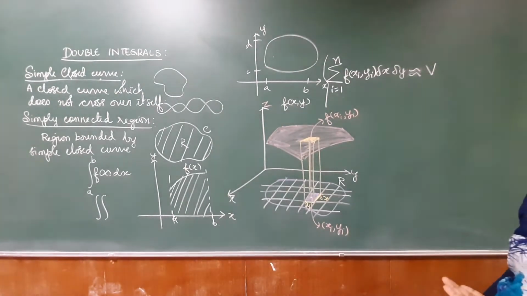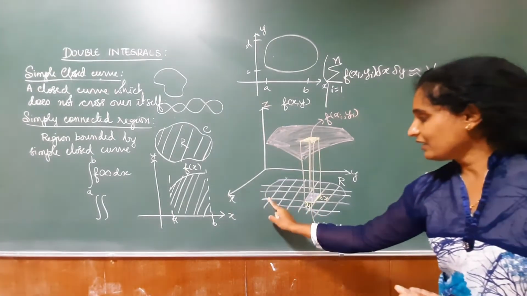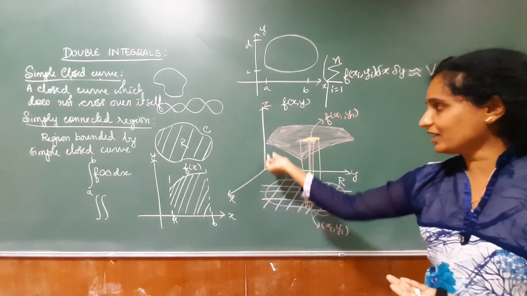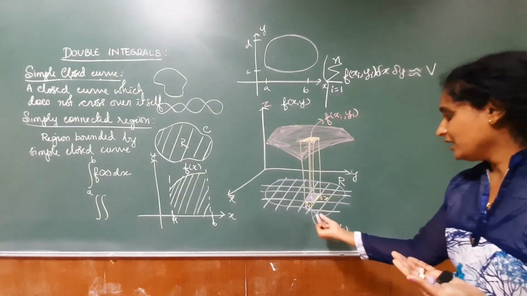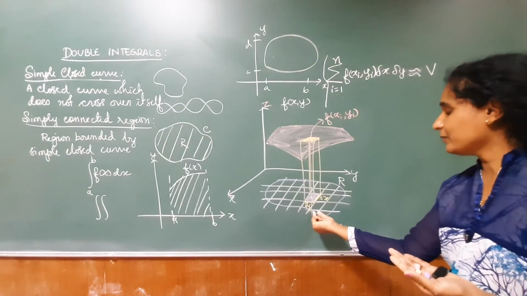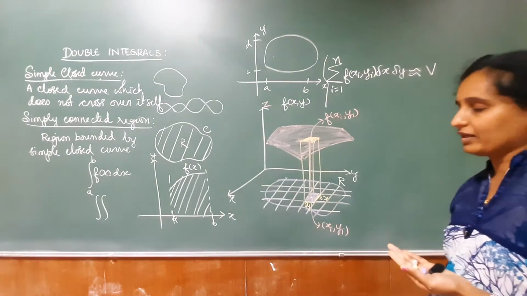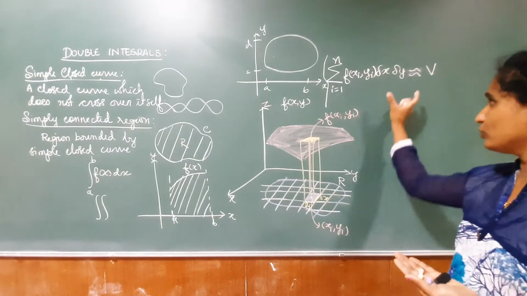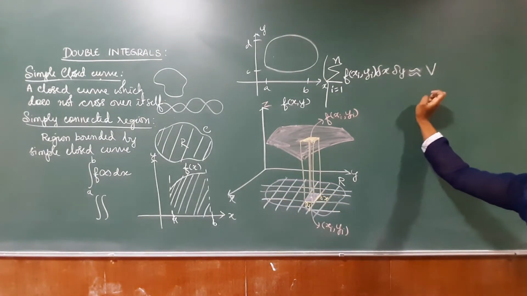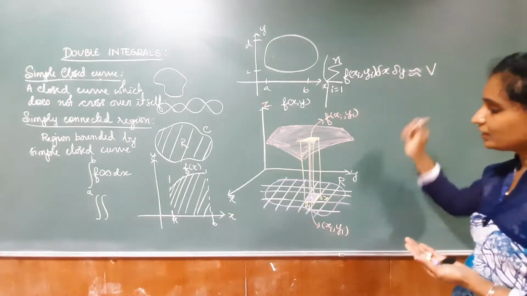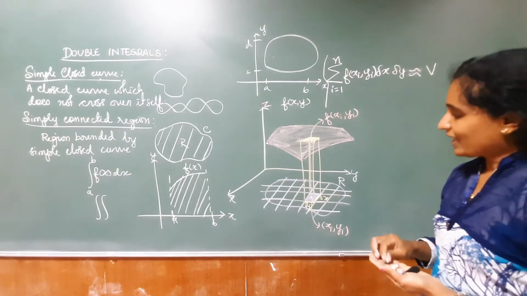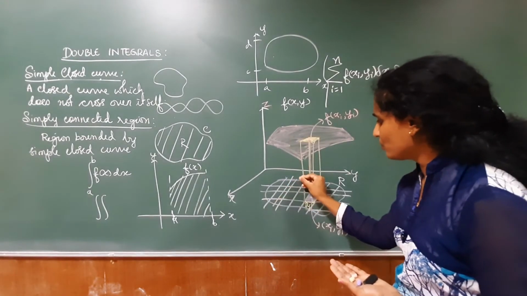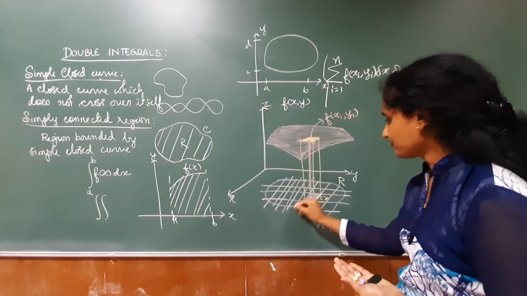Why is it approximately equal? Because at this region I did not get a proper rectangle so that I can take a parallelepiped. Here I did not get a parallelepiped so that I can consider that particular volume. Few volumes are missed out here and there. Therefore, this is approximately the volume of the solid. Now, suppose I am taking this region and again dividing it into smaller rectangles.